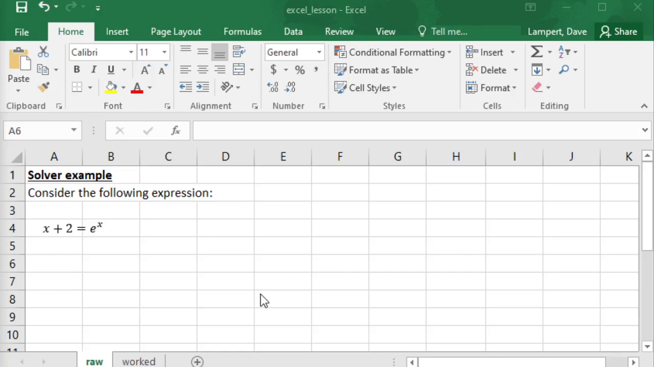Okay, I wanted to make a quick video here to talk about how you can solve problems numerically in Excel using the solver tool. So I came up with this example of a sort of problem that cannot be solved